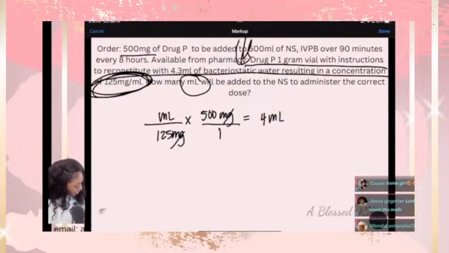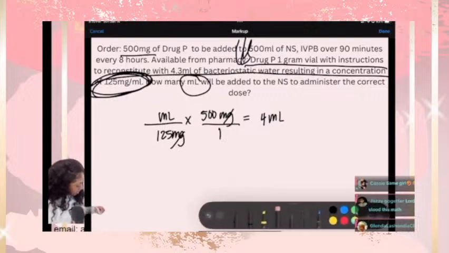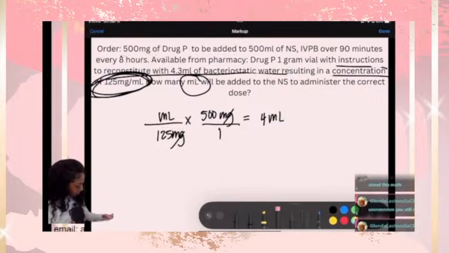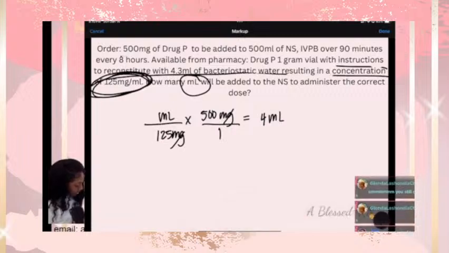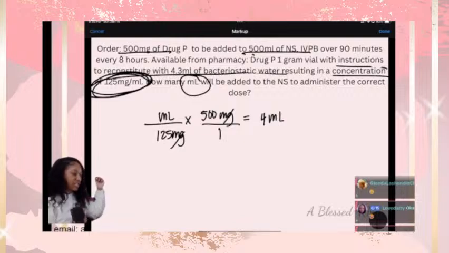Okay, so let's look at this. This said that it's to be added. We need this right here. Hold on. We need this much of this medicine to be added to the whole bag right there. And it's going to be given IV piggyback over 90 minutes every 8 hours, because that's the whole and complete